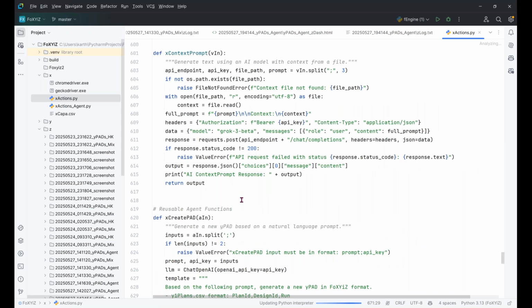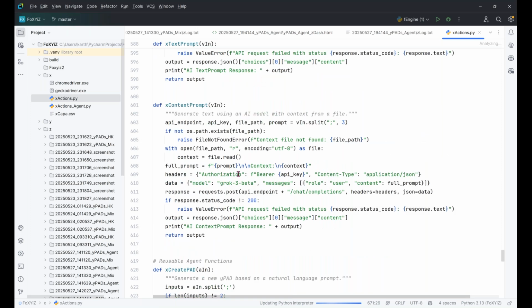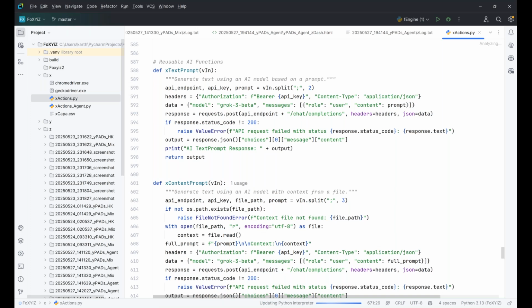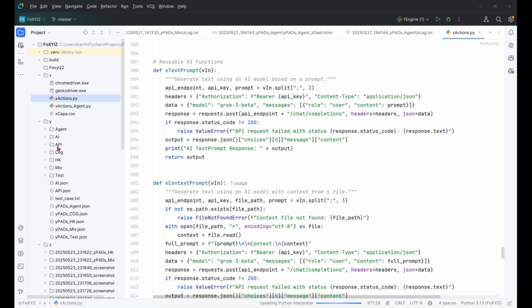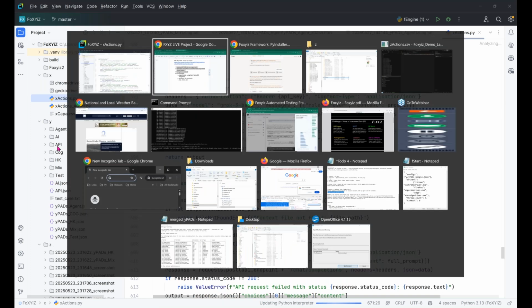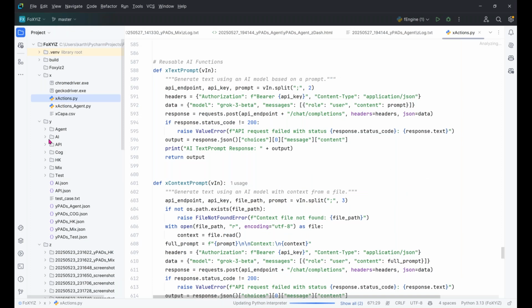So here, in AI, we had simple ones where I could send a text prompt or a text prompt and get a response, and this works fine for us. That's available within our AI. The test is running in the background, and it is interfering. That's okay. So if you look at our plans and actions for AI,